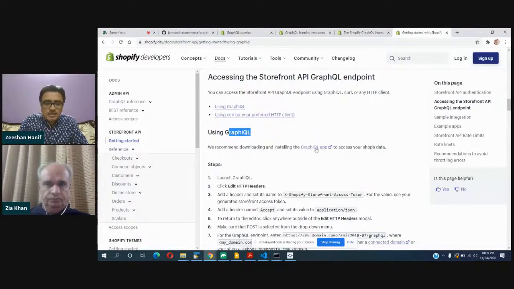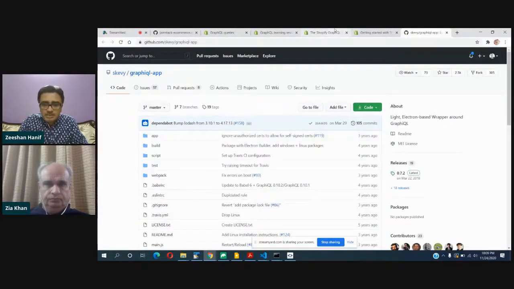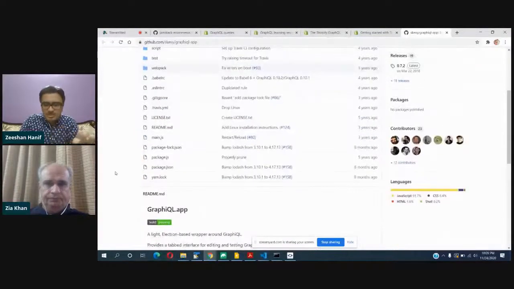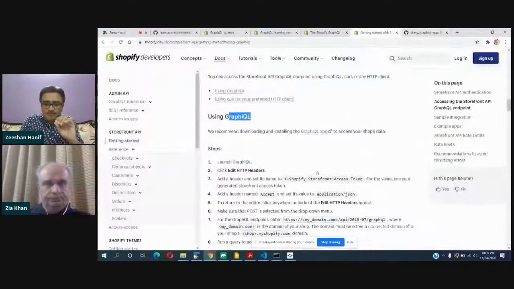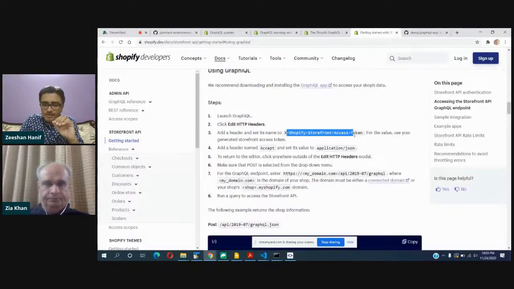That's the download link for this GraphQL app. It's a desktop application built with Electron. And what you can do is download it and then configure, edit headers, add your headers into it. And then what you can do is access the